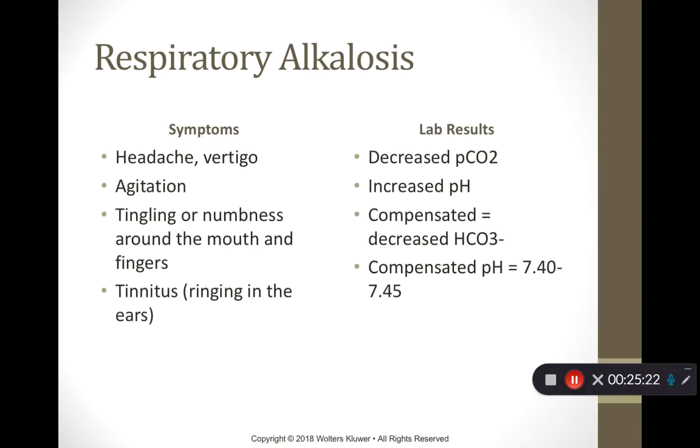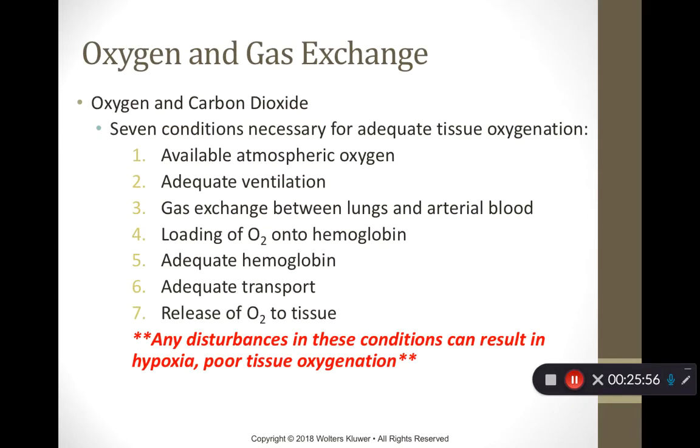The symptoms for respiratory alkalosis are headache, vertigo, agitation, tingling or numbness around the mouth and fingers, and tinnitus, which is a ringing in the ears. The lab will show you decreased levels of partial CO2, increased pH. However, if there is compensation of respiratory alkalosis, you'll see a decreased bicarbonate level and a compensated pH between 7.4 and 7.45. Okay,